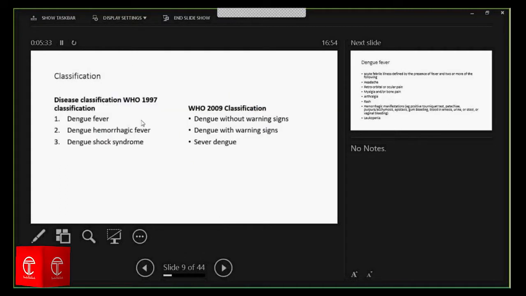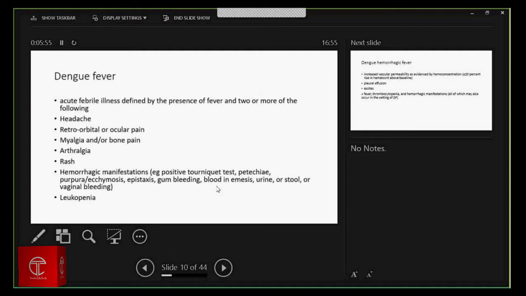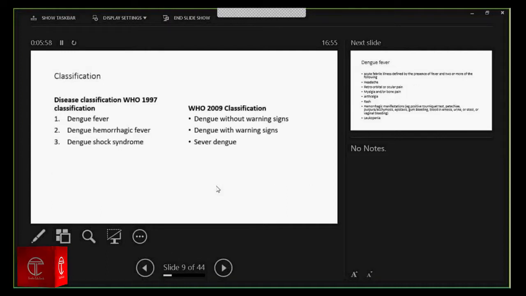So classification wise, initially the World Health Organization in 1997 classified dengue into three types: dengue fever, dengue hemorrhagic fever, and dengue shock syndrome. Later on, they reclassified in 2009, again into three types: dengue without warning signs, dengue with warning signs, and severe dengue. So I'll just go through briefly the 1997 classification of the symptoms, and then I'll go into the WHO